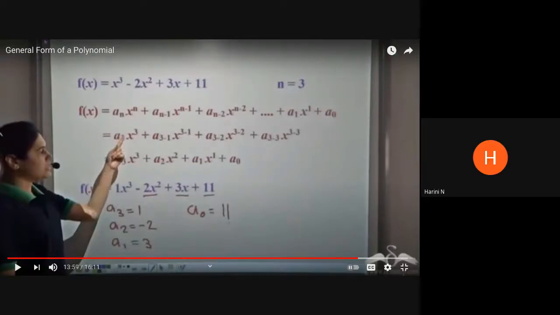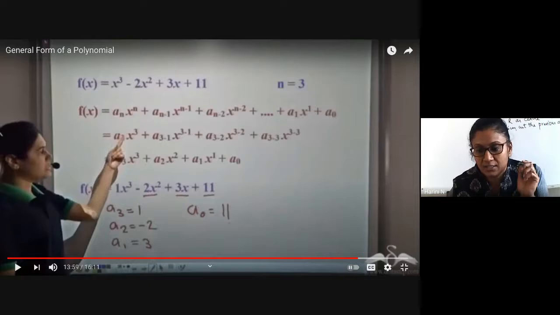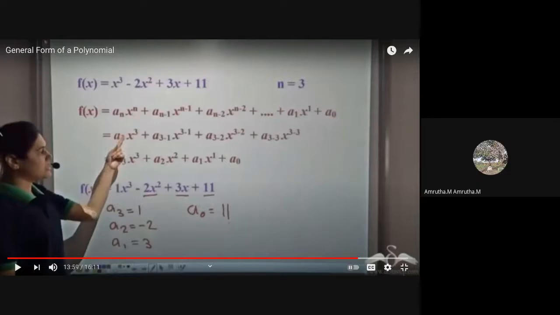I'm going to resume the play from wherever it was stopped. Okay, so you continue watching. All these are important notes that you have to prepare. That's why I'm doing the video again. Actually, this is a class 9 concept, which I shouldn't have to struggle over so much, but still I'm doing it because in the objective type questions, many of these questions will be there. Degree of polynomial, general form of polynomials. Then you will also be asked about what is the degree of a constant polynomial. There are some important questions she's trying to focus your attention on, so you must write all this down in the classwork so that when you revise for the boards, you have all this content with you. The highest degree.